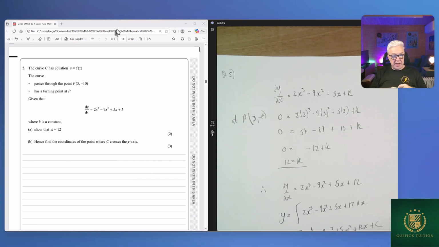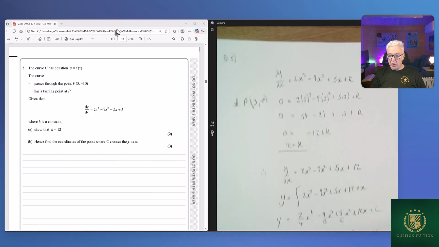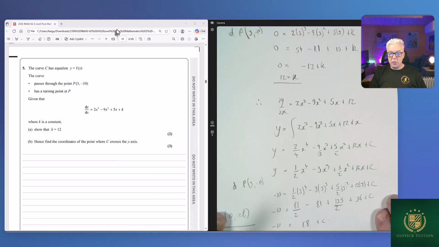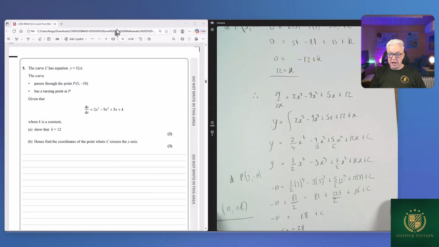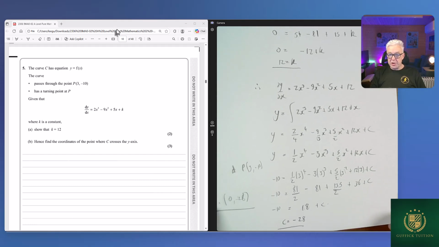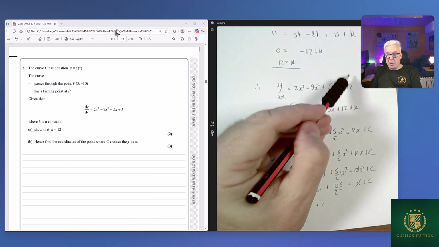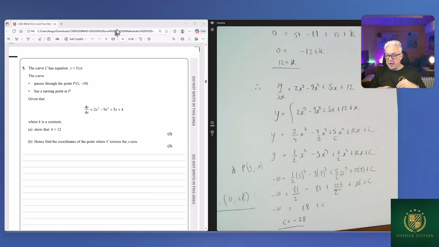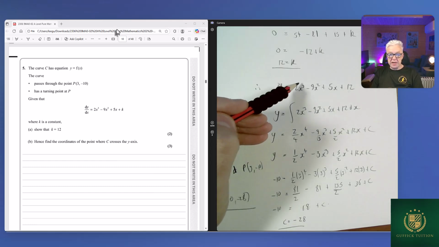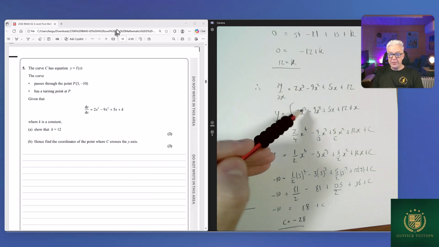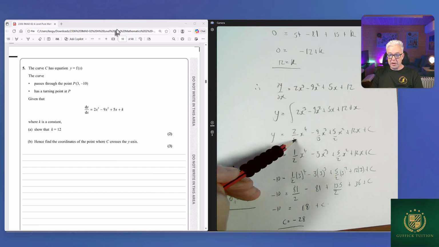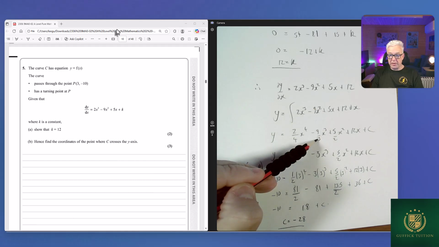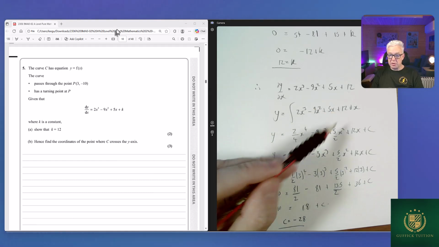Now part B, it says, hence find the coordinates of the point where C crosses the y-axis. So we need to integrate to find out what our original equation is. Now remember, we know now that k is 12, so I've used that piece of information already. So we integrate: raise the power by 1, divide by the new power. So that's going to go to x^4 divided by 4, x^3 divided by 3, x^2 divided by 2, and 12x,